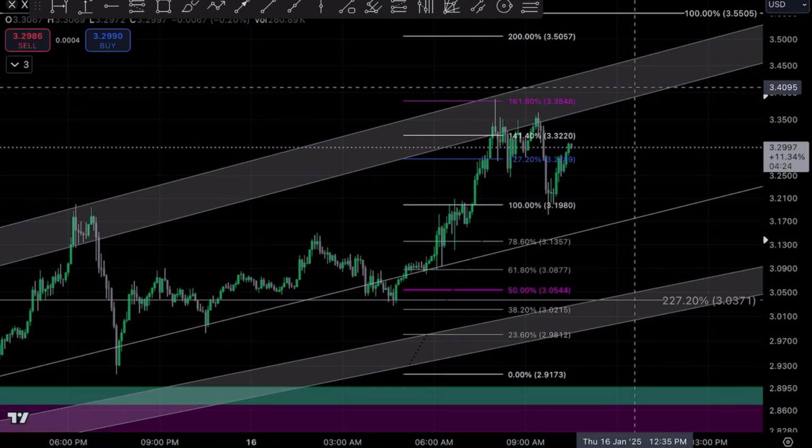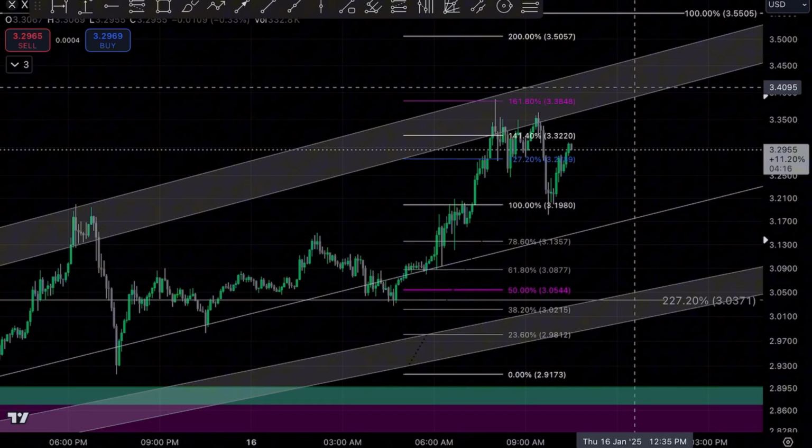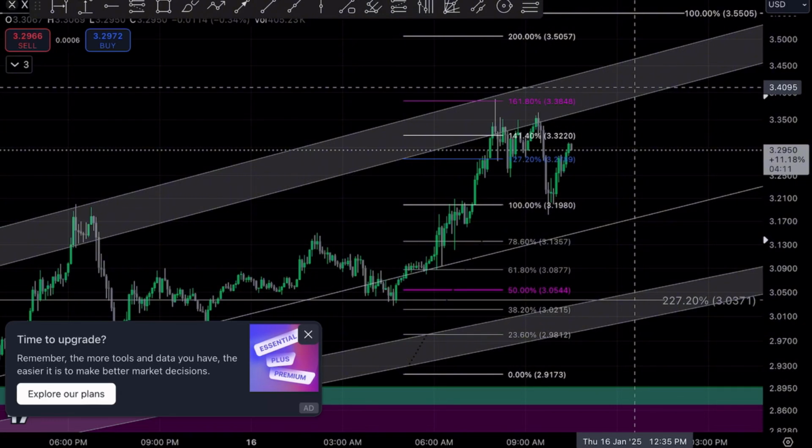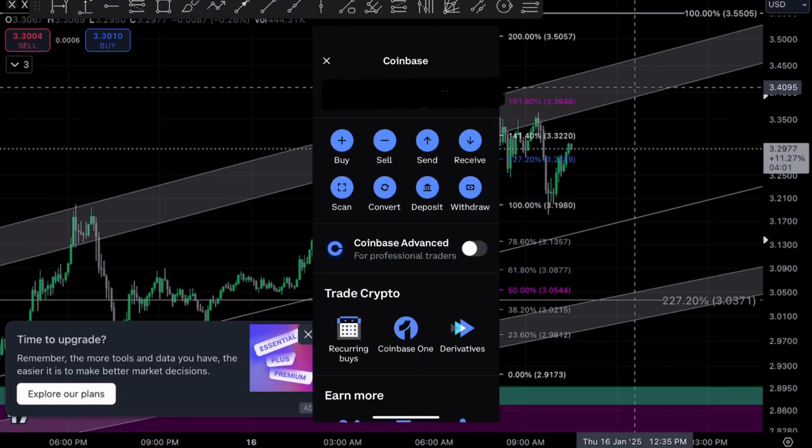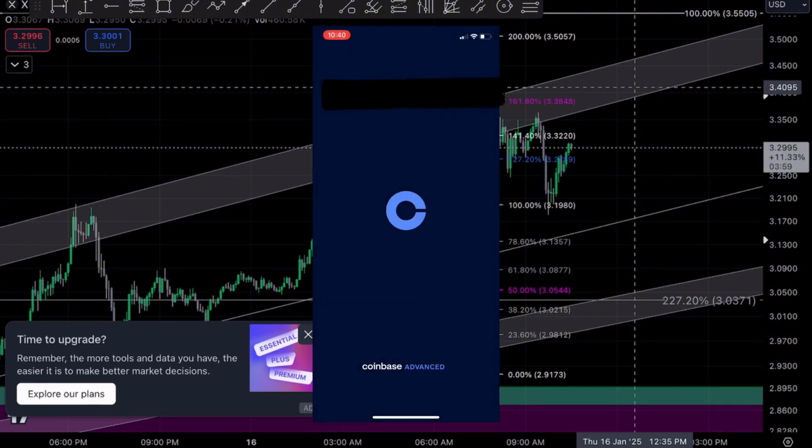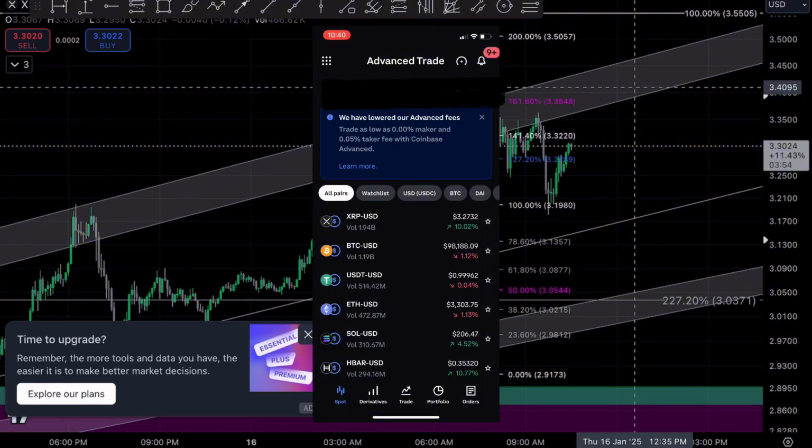So the top left corner, where it looks like a box with dots, it's a menu basically. You click on that, and in the middle of that menu it says Coinbase Advanced, and then you slide that little radio button to the right, come back out of that menu, and then you type in whatever coin that you want, XRP,